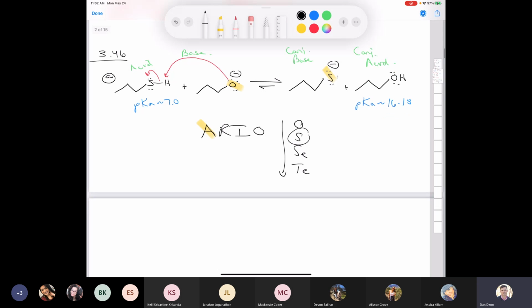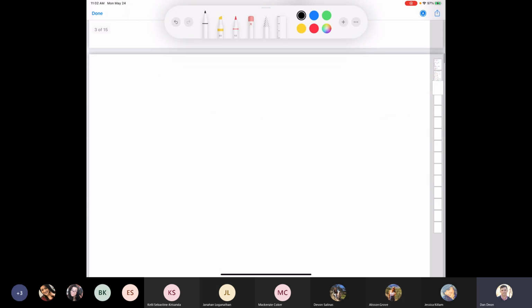All right, let's try one more for today. It's already getting pretty late. So yeah, let's try B. So this is another one where you'd really have to just use ARIO to solve it, in my opinion. So we have this interesting functional group, which is something we don't even look at in Organic Chemistry 1, but we'll just leave it there, and I'll make sure to draw all my bonds,